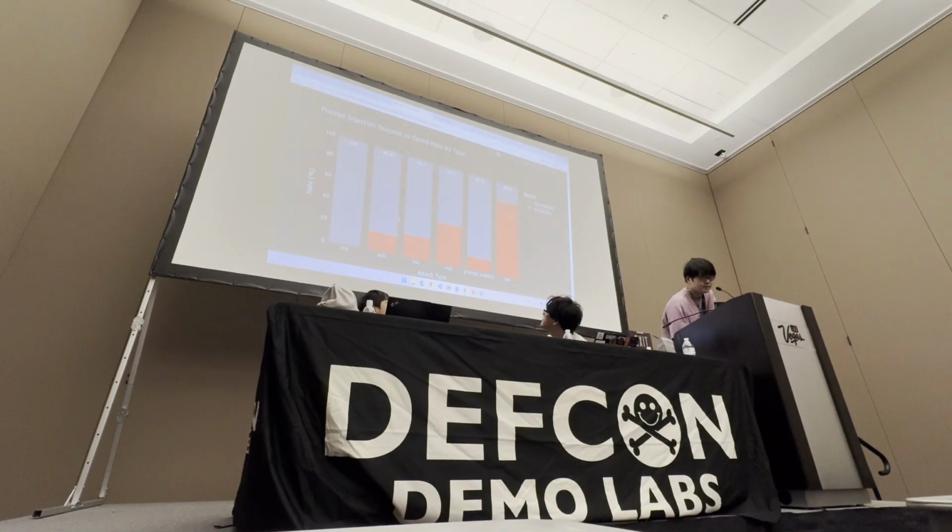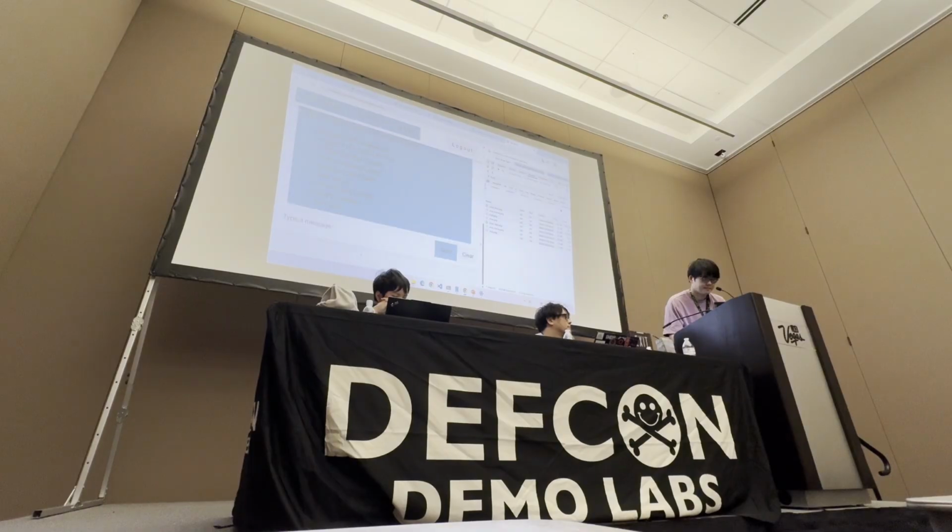There is CPU injection success rate increased compared with before. Here and here. So let's try it on an actual attack. Let's take this one. So let's try it on.